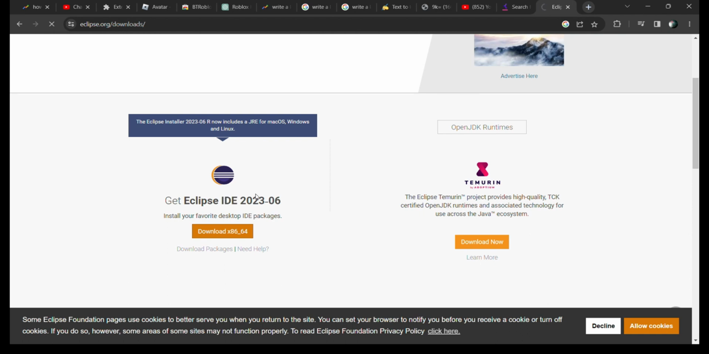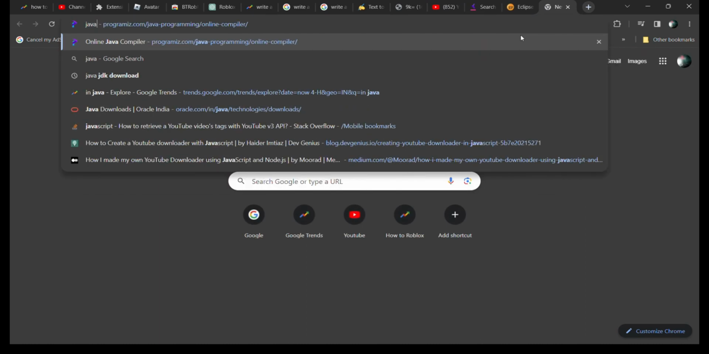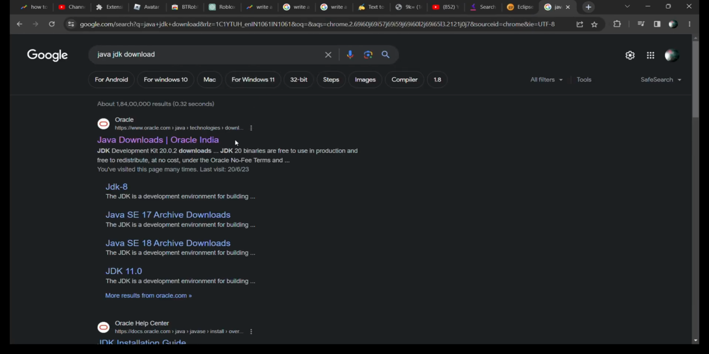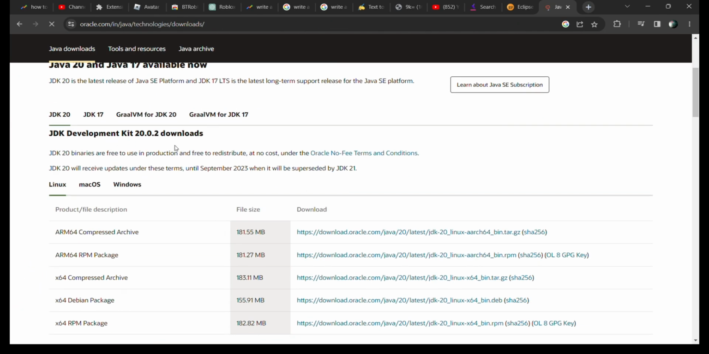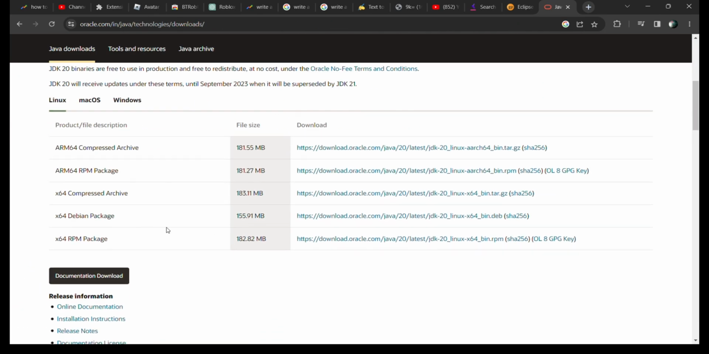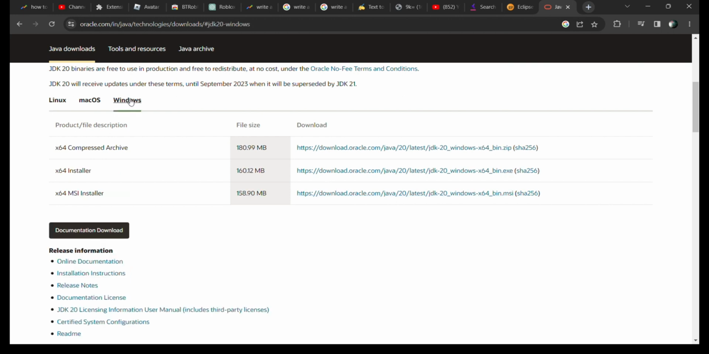But before that, guys, if you haven't installed Java yet, please install that first. You can download and install the Java JDK. Just search for Java JDK download and go to Oracle and install the Java JDK file from here. You can click on this file to download. First of all, you have to choose Windows, download this file and install it on your